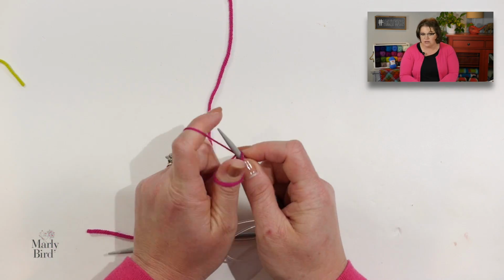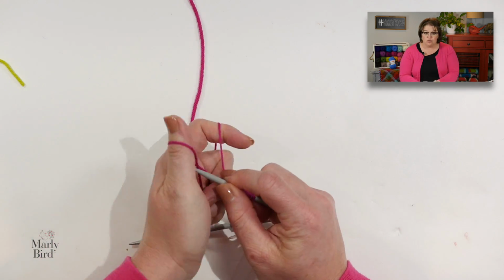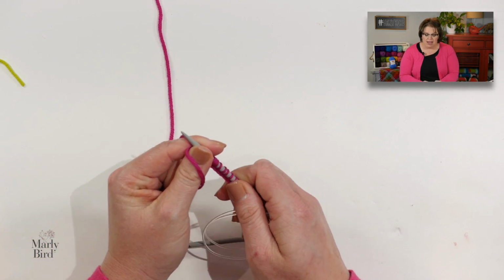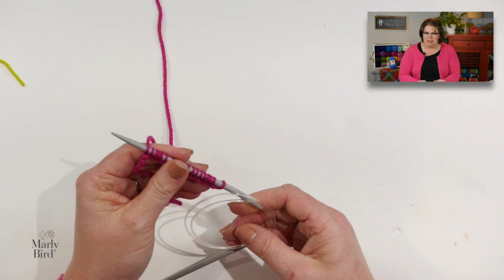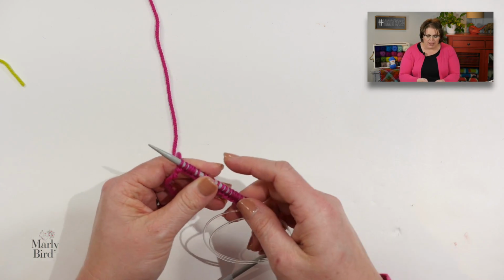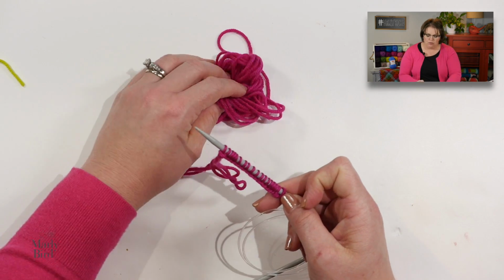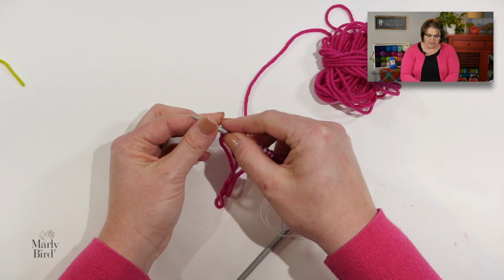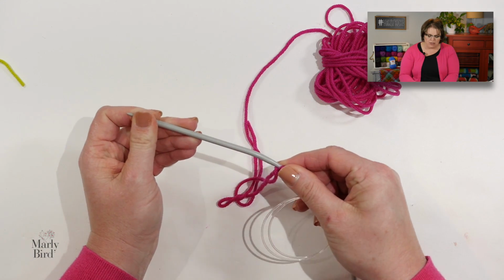You can do this with just 1 ball of yarn to make both sleeves. You'd have to pull from the inside and then pull from the outside, but I don't recommend doing that because it just becomes a real pain in the butt. So it's much better to have 2 balls of yarn. So let's pretend this is 1 ball of yarn. And so that way you can tell the difference between the 2 balls of yarn,